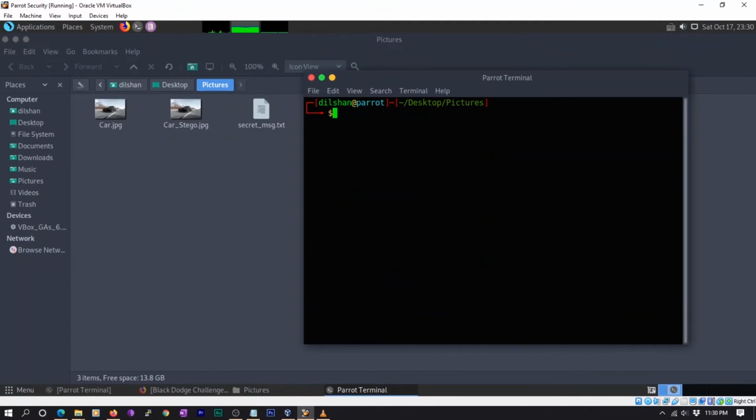To extract the content from the image file, I am opening the terminal again and running this command. Also, I'm giving a new file name to the text I'm extracting from the image file, using the same passphrase given earlier.